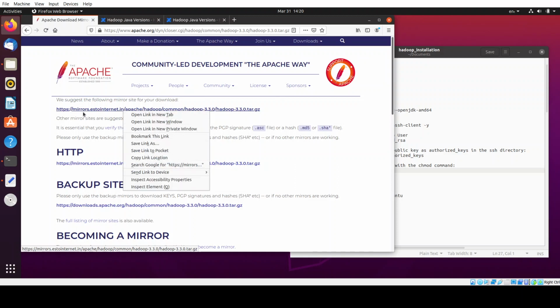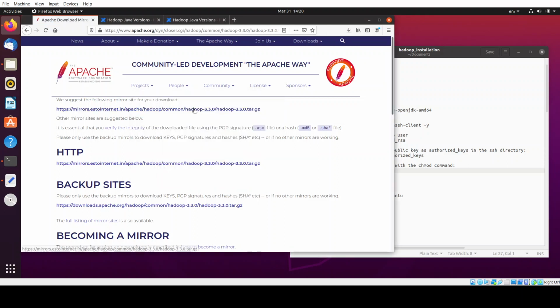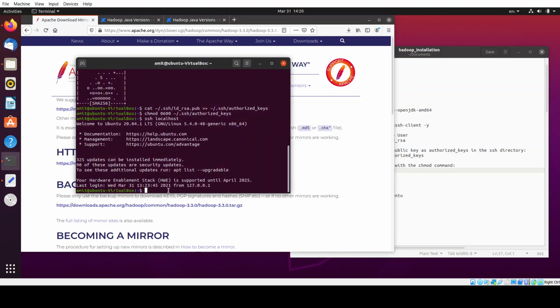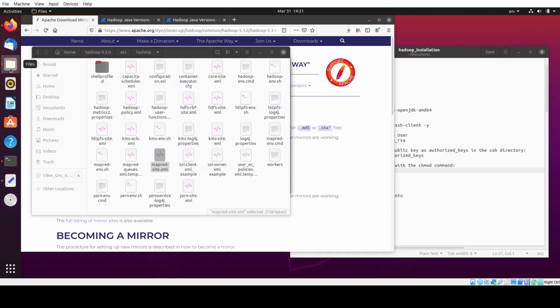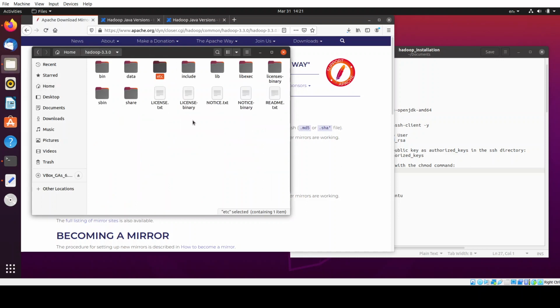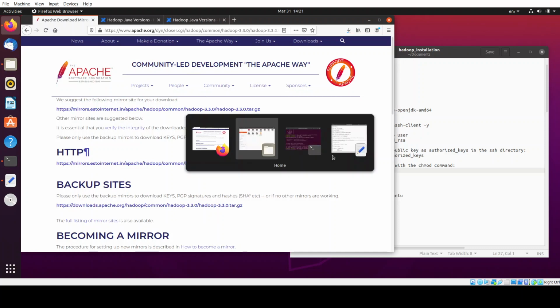You can either click on this link and download the file, or if you want to use a command, copy the link location, go over here, type wget, and paste it. This will download the binary .tar.gz file of the Hadoop installation. Press enter and it will start, but I already have this .tar.gz file downloaded to save some time. So let's go on to the next step.